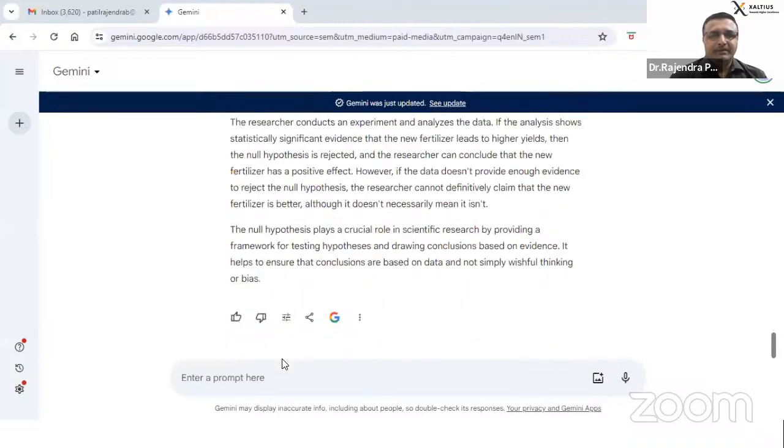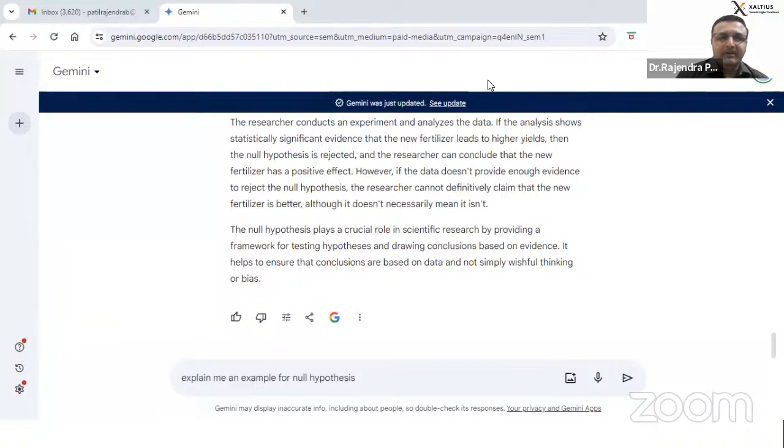You can ask what is null hypothesis and you get the answer. I'll show you. Explain me an example for null hypothesis. Can you please mention one of your subjects, management or whatever? We'll get the null hypothesis explanation. How you can use it for your research, that is what I want to show, and then I will also explain the mechanism behind it.